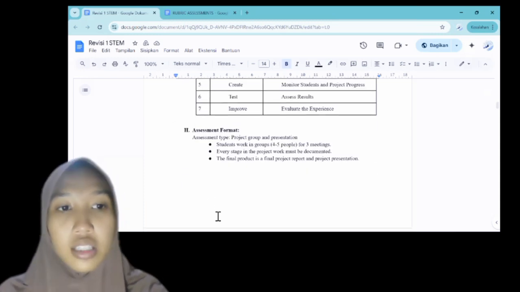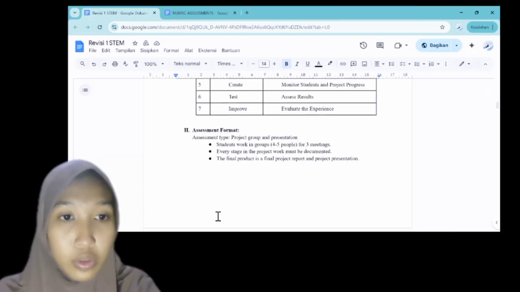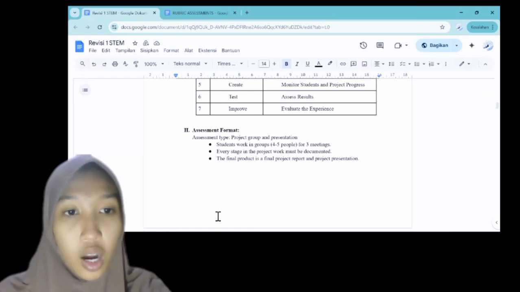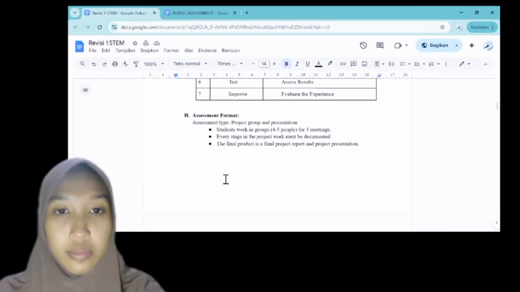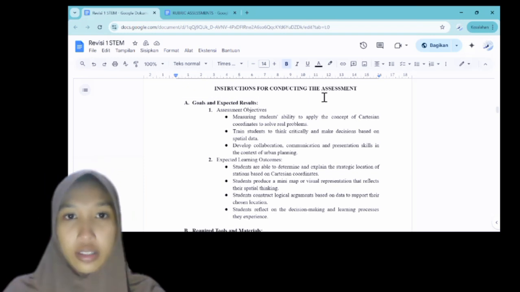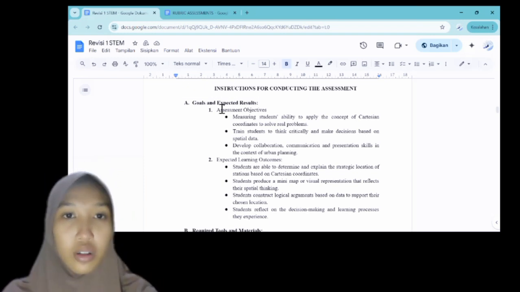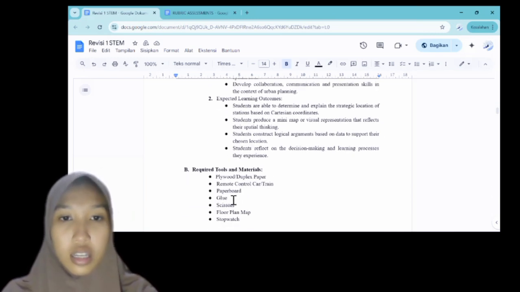And the assessment format and product type: group project and presentation, duration 3 meetings, output, project report and presentation, documentation. Every step must be recorded. So in the infrastructure for conducting the assessment, the goals and expected results: the assessment objective is this, and the expected learning outcome is this. So the required tools and materials: plywood, duplicate paper, remote control car or train, wood, glue, accessories, a city plan map,